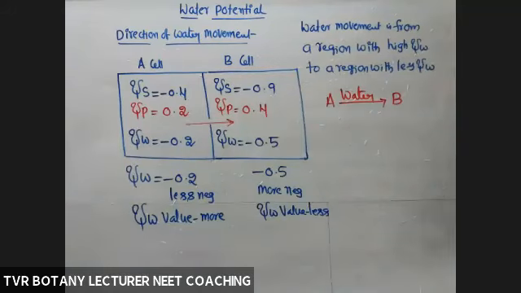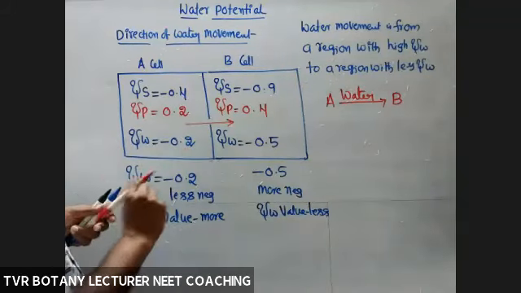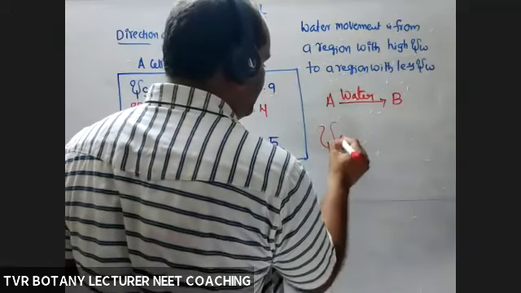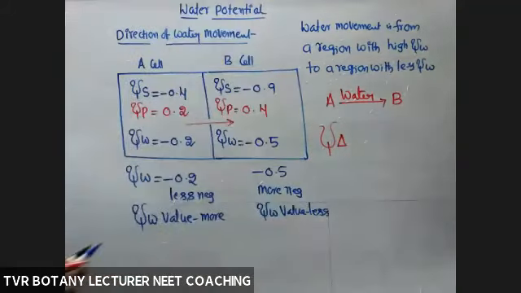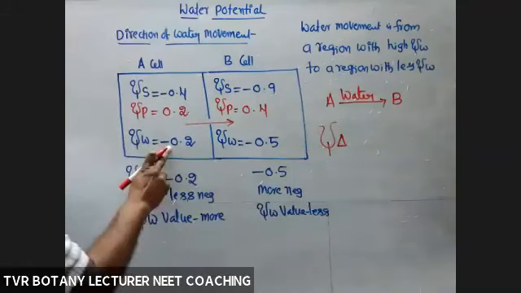So psi W value is at equilibrium, minus 0.3, minus 0.3. How much gradient is there? Zero gradient. So in this case, what about psi delta? Psi delta means a gradient. Delta means gradient for small differences. Here this symbol is nothing but a delta, gradient. What is the gradient between